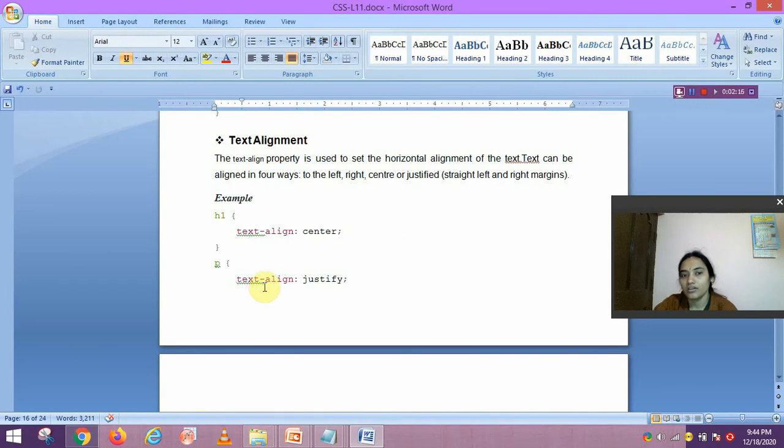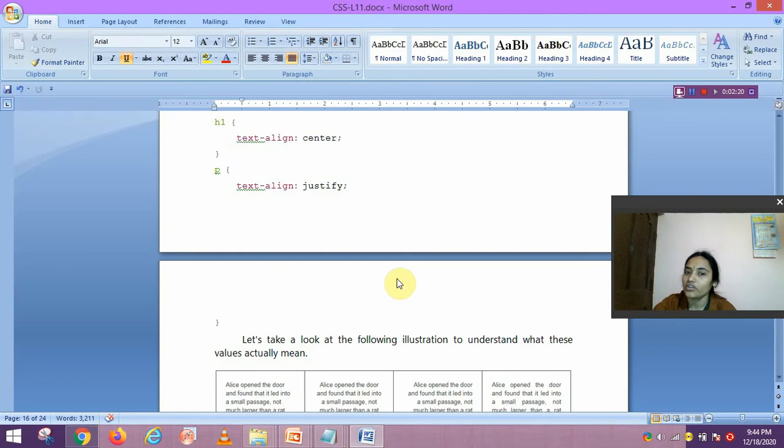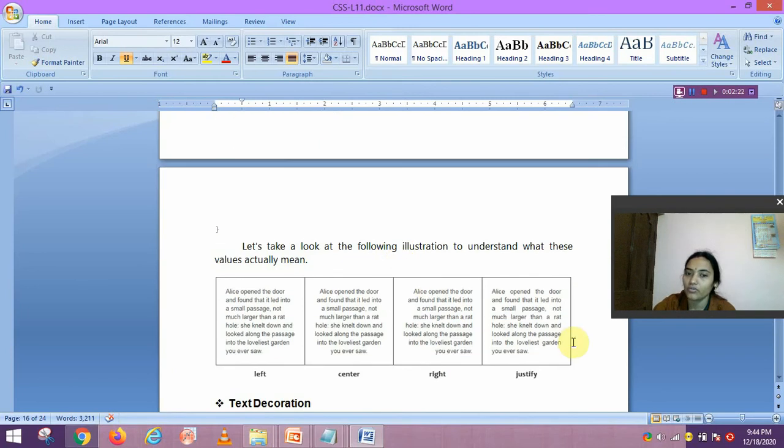If we set the paragraph text alignment to justify, it will display in justify format. So these are the different formats of alignment. If the format is left, it will display like this. If text-align is center, it will display in this form. If it is right, it will display in this form, and with justify, both sides are aligned to the margin.